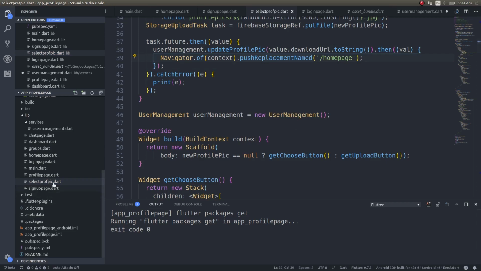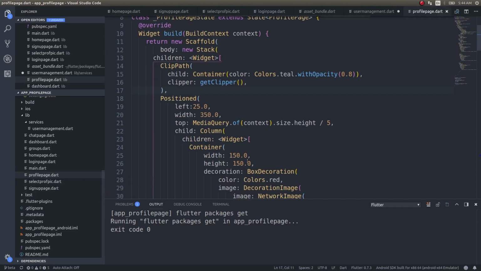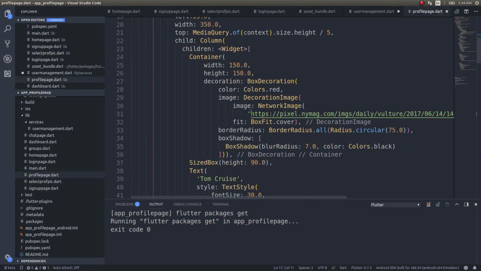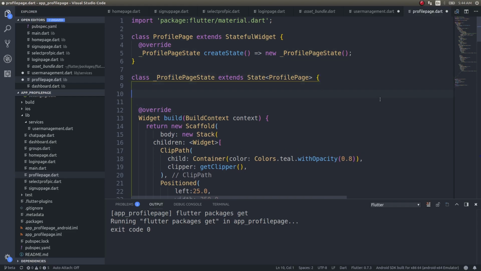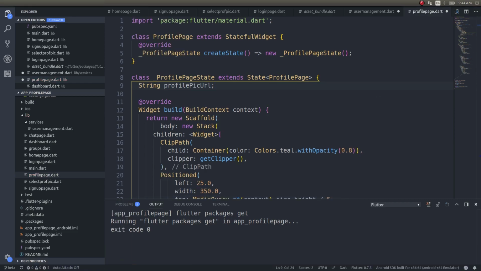In the profile picture page, where is it? Profile page dot here we are simply using a network image with a hard-coded URL, right? We'll change that as well. Now we should get the URL for this particular user and then display it there, right, for the profile picture URL. So what I'll do is I'll have a string profile pic URL, okay, and then I'll do a simple